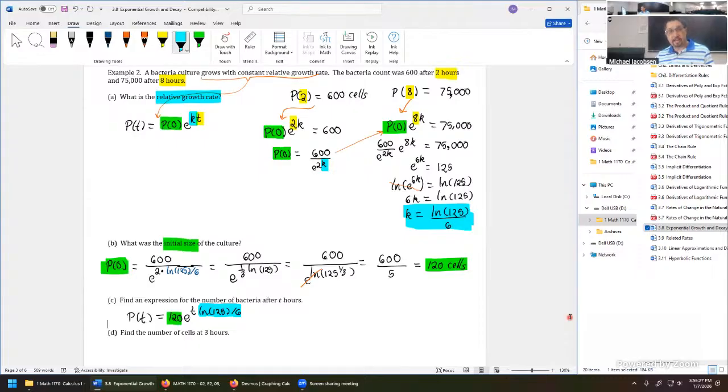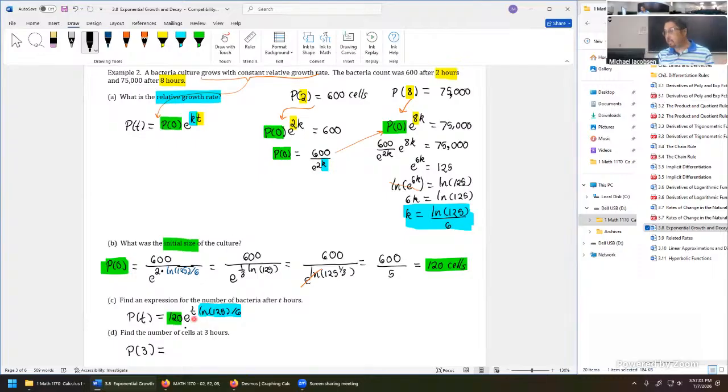Okay, notice we haven't really directly used any calculus at all. And part D isn't even a calculus question. This has all been kind of just algebra review, which is kind of nice. It's a little bit of a breather from last Thursday. When it asks for the number of cells at 3 hours, that's just going to be population size at time 3. So it's just a new function evaluation. One thing we can say for sure is it should be bigger than 600 and probably quite a lot smaller than 75,000. So if our numbers aren't within that range, something is probably off.